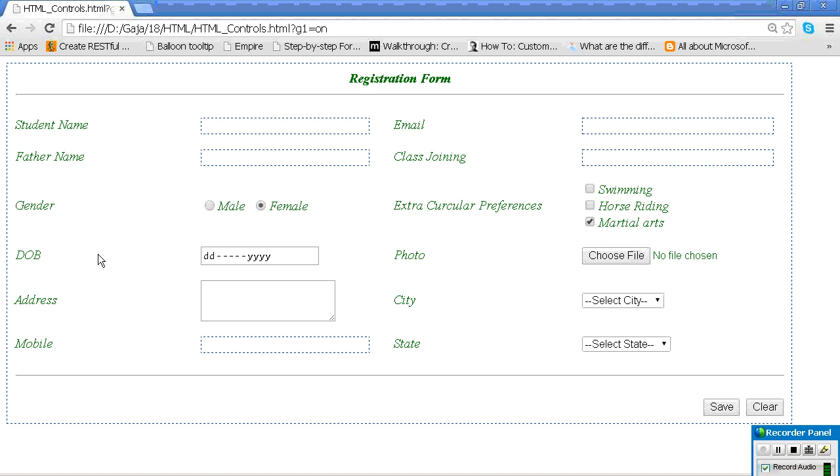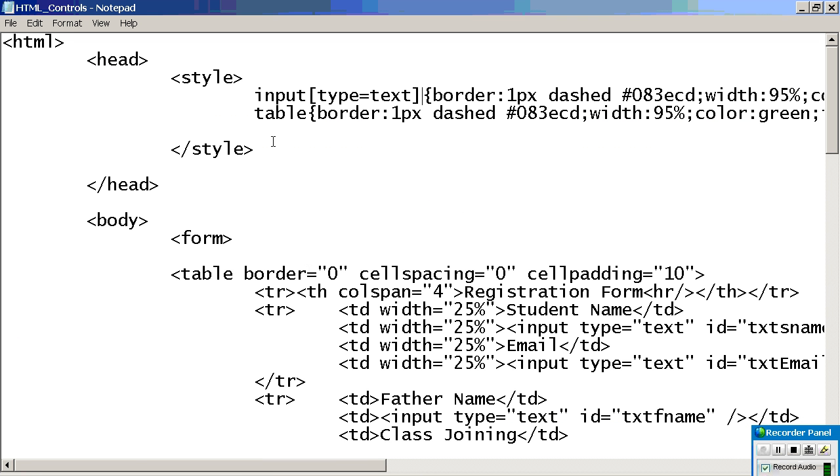If you feel that you don't even want to do that, and you want to make it affect all of your controls, all predefined controls, without using class also, then what you can do is go without the dot and write the predefined HTML control name. In the same way, if I want to give the same style to another control, then comma.